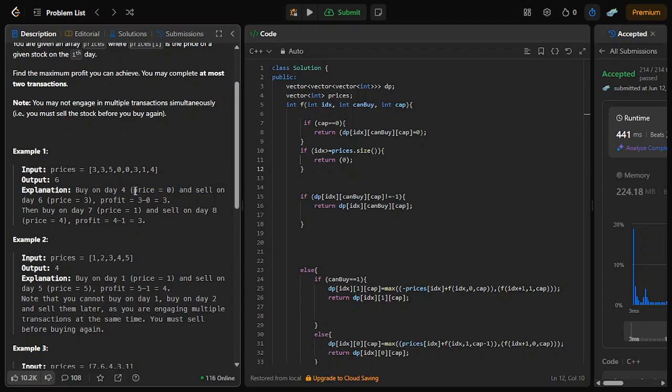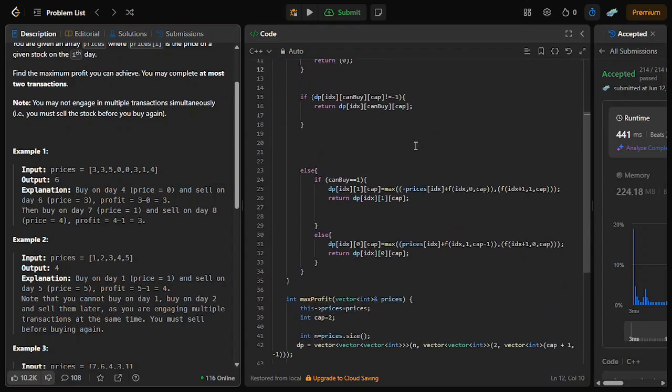So let's dive into the solution that I have written. This is very easy to understand. First off, whenever you are writing a DP solution, think of what you want to achieve. These are some of the basic rules: think of what you want to achieve, think of what you already know, and try to express everything